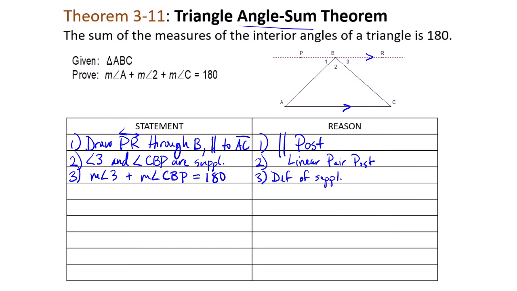Okay, all right. And so sometimes we want to stay away from measures. If we're trying to find like angle blank is congruent to angle blank, then I might want to just keep it in terms of just the angles themselves. But since we want to find the measures and make them equal to 180, this is probably a little more beneficial to start getting the angle measures, getting angles in terms of their measures. All right. So now we can say, okay, well,